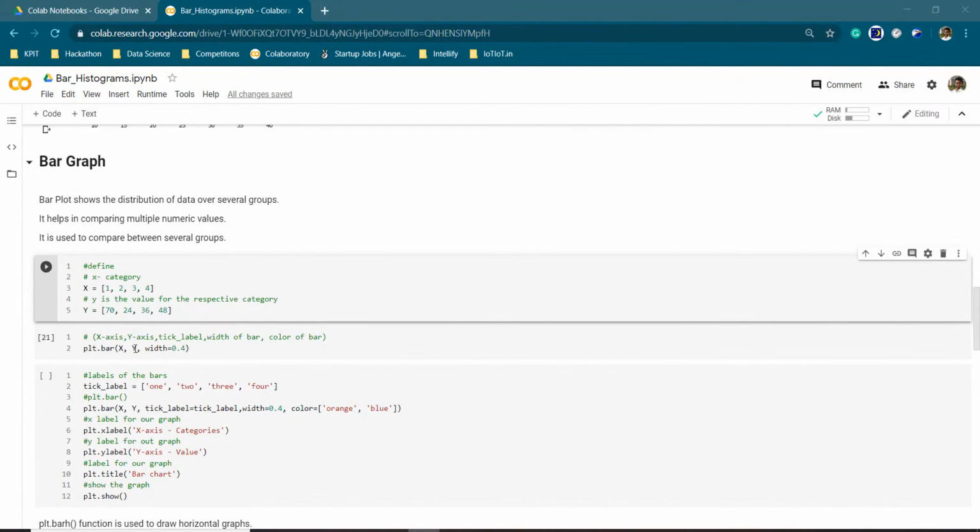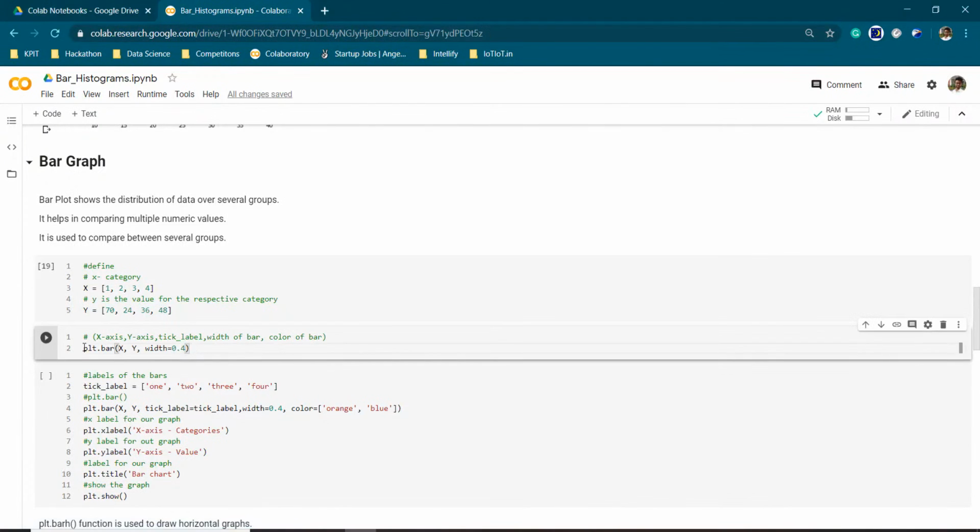Now let us plot a simple bar graph. For plotting a bar graph in Matplotlib, we use a simple plt.bar method. In the plt.bar method, our basic inputs are x, which is our x category, y, which is the value for the respective categories, and width equal to 0.4. We can give any value according to your choice as the width of our bar graph.